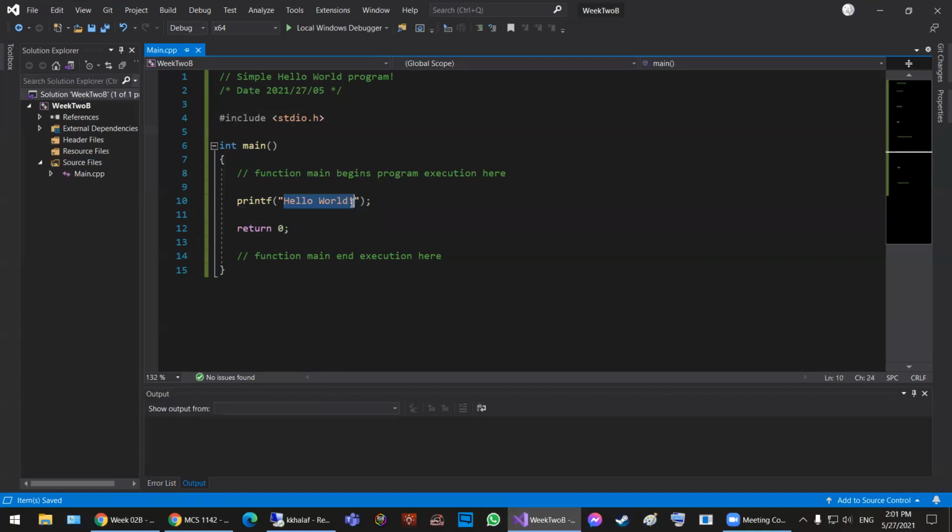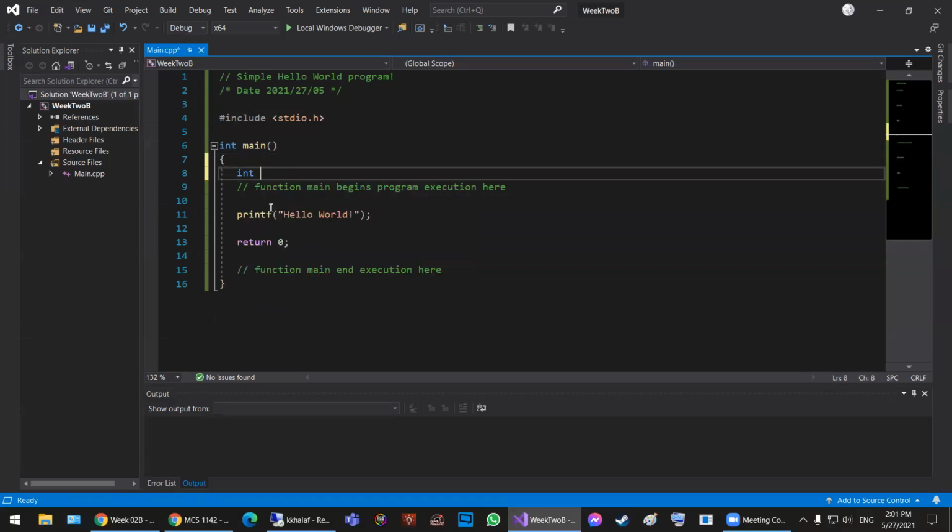This is called literal, meaning whatever you type in printf between double quotations is literally displayed as is. That's why it's called literal. Remember from last session, or you're going to see later, I might have, as an example, a placeholder